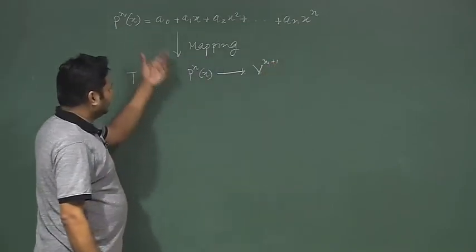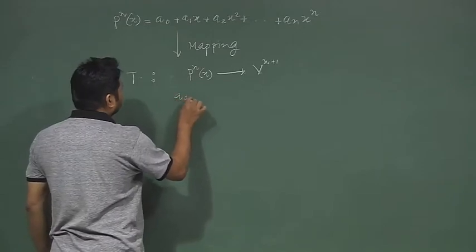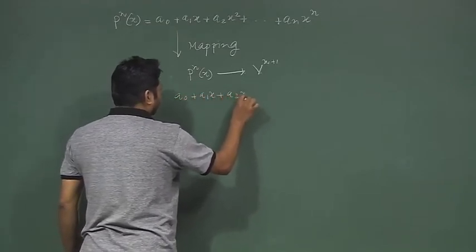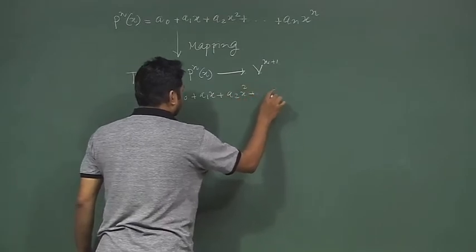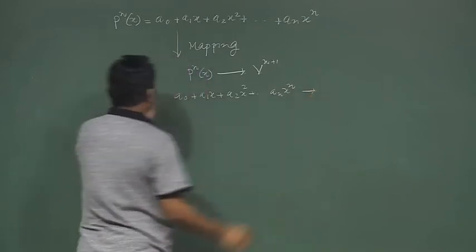How? If I have a polynomial like this, a0 plus a1 x plus a2 x square plus up to an x to the power n, then this transformation or